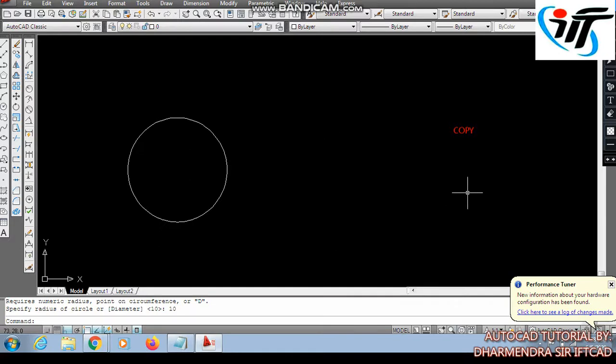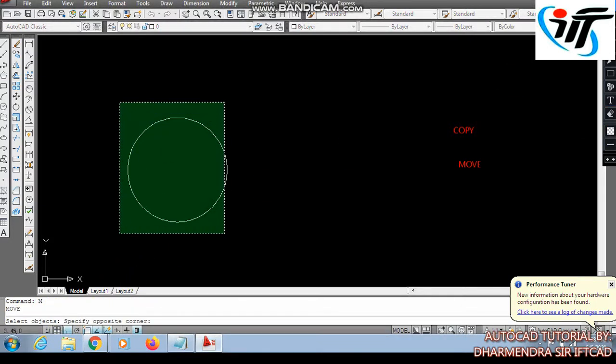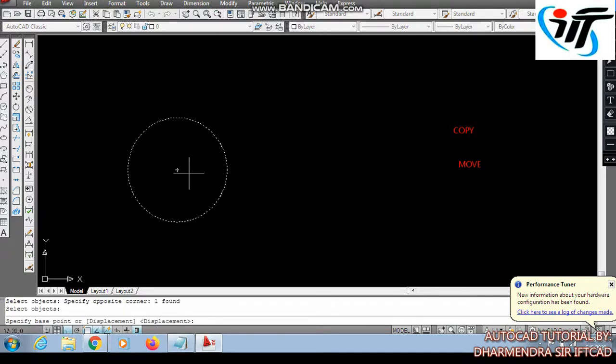For move command we use M, enter, move. M, enter in command line, then select object, specify base point.